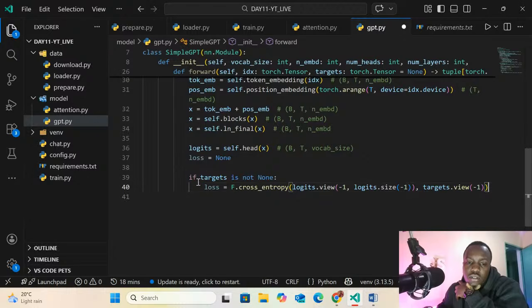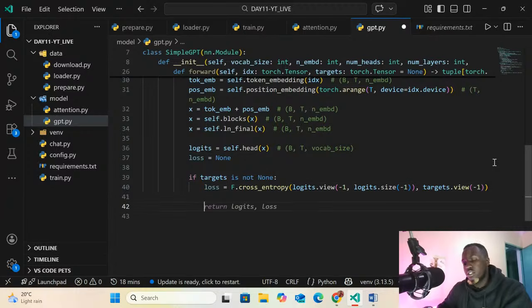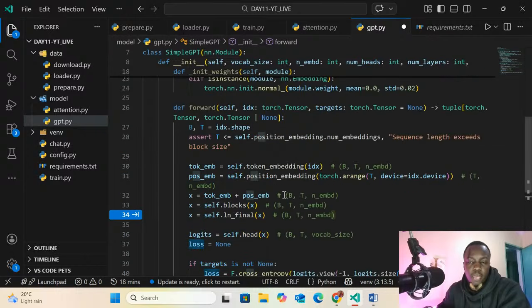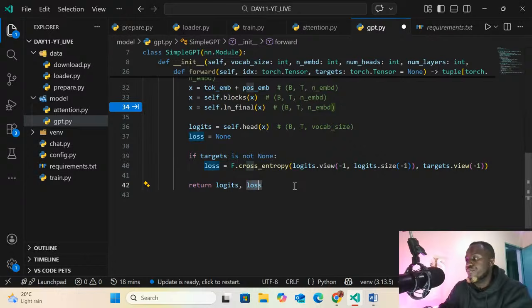After we calculate the loss, now we can return this. We can return the logits and also the loss that we just calculated.